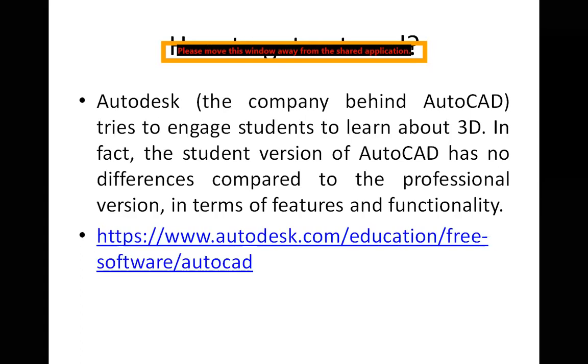So how to get AutoCAD? Getting AutoCAD is very easy, and it is free also.